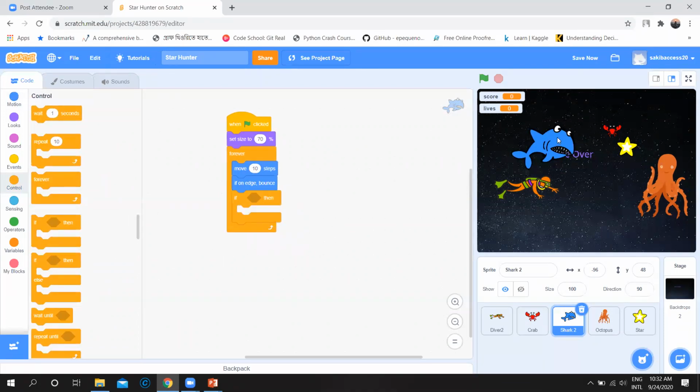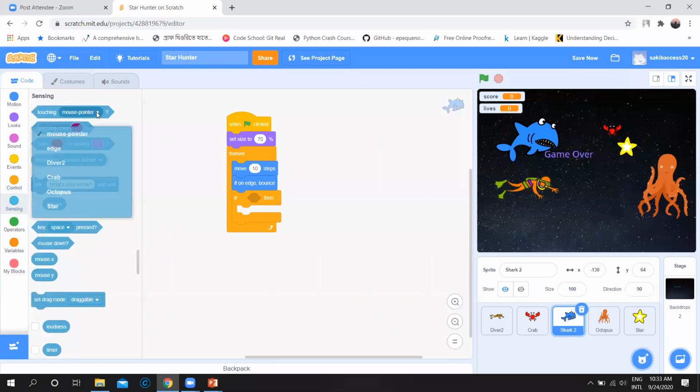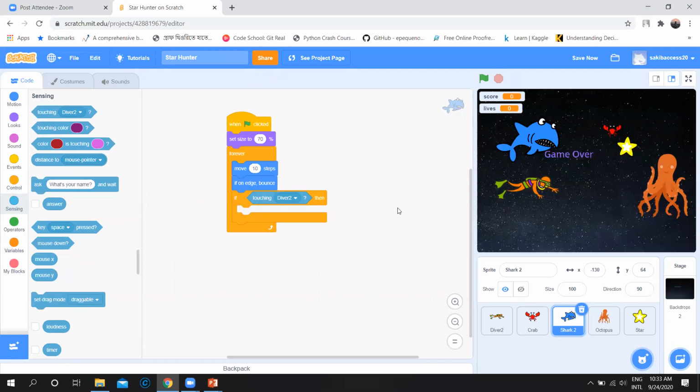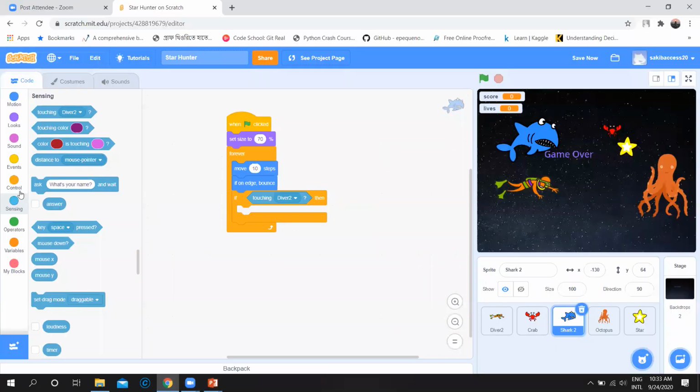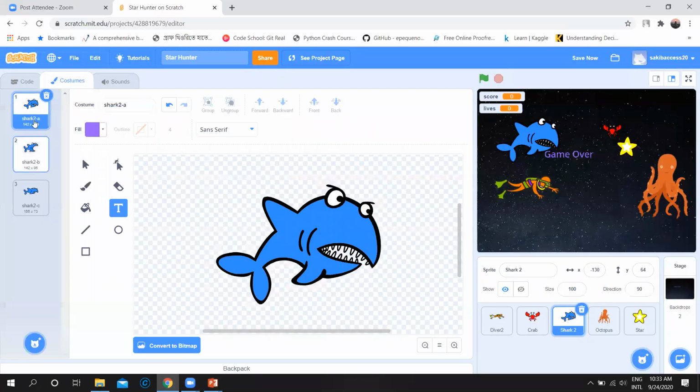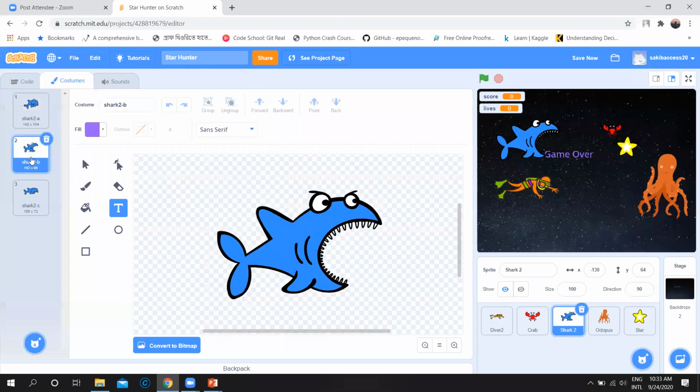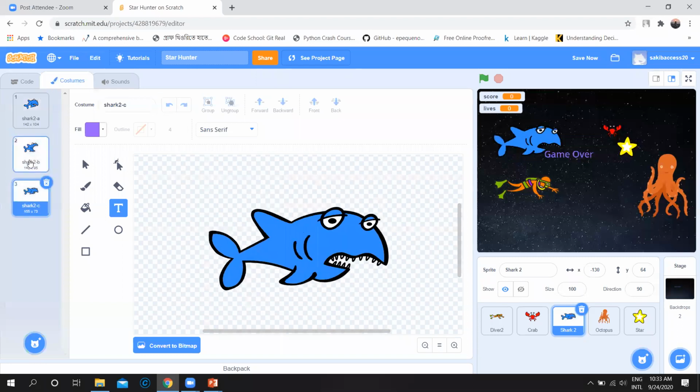Our condition is whenever it touches this diver, it will decrease its lives. So click on sensing, touching, diver 2, same thing. Whenever it touches the diver, first of all it will change its costume, switch costume to this. Costume means, for shark we have different images.